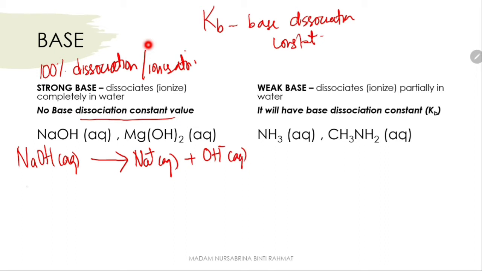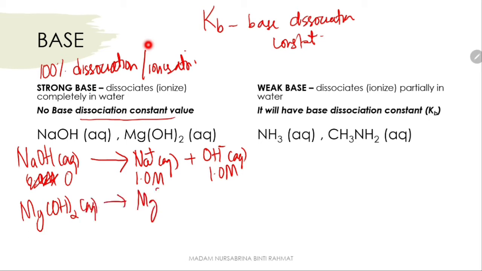So later on, you will learn that if we have 1.0 molar NaOH, that means at the end we're going to have 1 molar Na+ and 1 molar OH-. So after complete ionization, the NaOH turns to 0. Okay, so secondly, Mg(OH)2, it's going to form Mg2+ and 2OH-. Okay, so if it's a weak base, it will only dissociate partially in water. So this one, again, you need to use a reversible arrow to indicate the partial